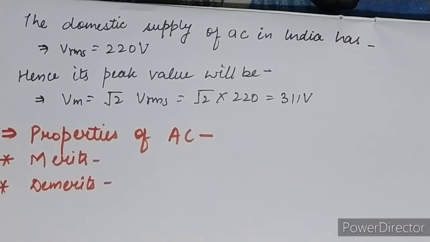So you have to write these things about the properties on your own. Clear? Now we are moving ahead to solve some examples. So how to solve the numericals of this chapter. The first example is